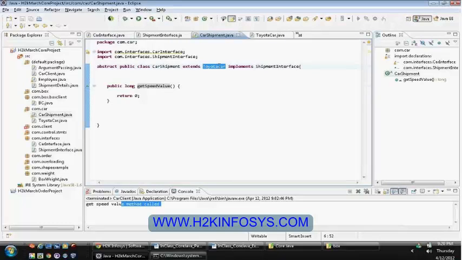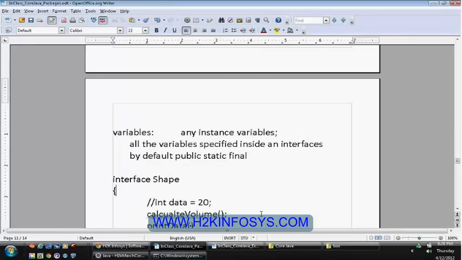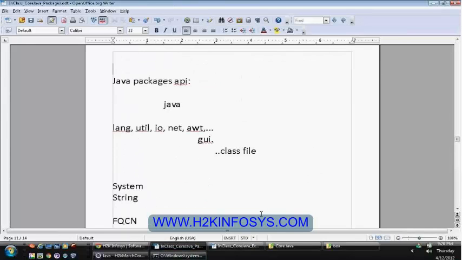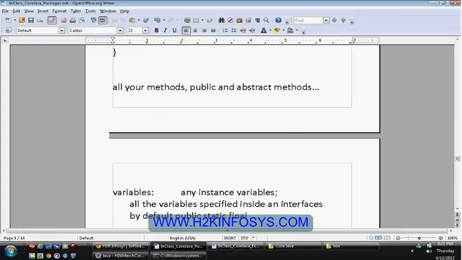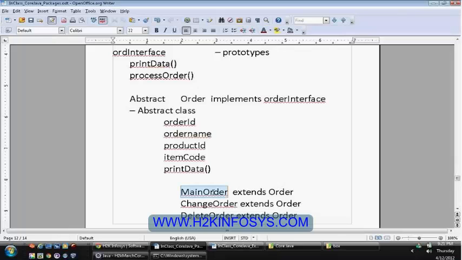But in the reverse, the same case applies when you go for your main order, change order, delete order example. When you are extending an abstract class, even though main order has provided a definition for process order, that won't carry over to change order or delete order.